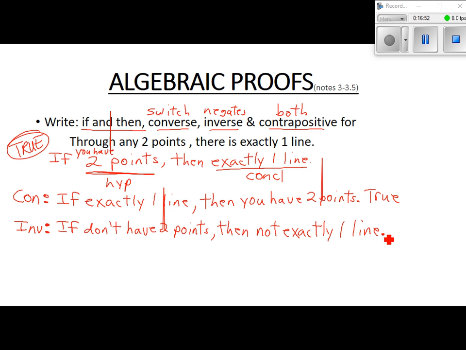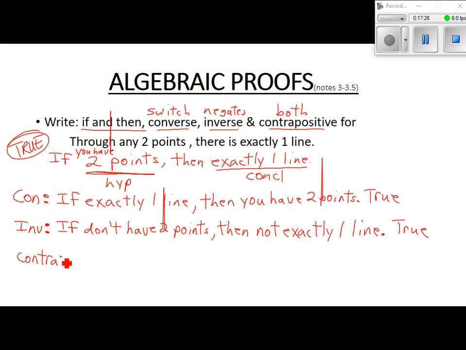So let's think about this one. If I don't have 2 points, what could I have? Could have 3, could have 4, could have 1. Could be 0. Then not exactly one line. Is that true? It's sort of hard to understand because it's got so many knots in it and stuff, but